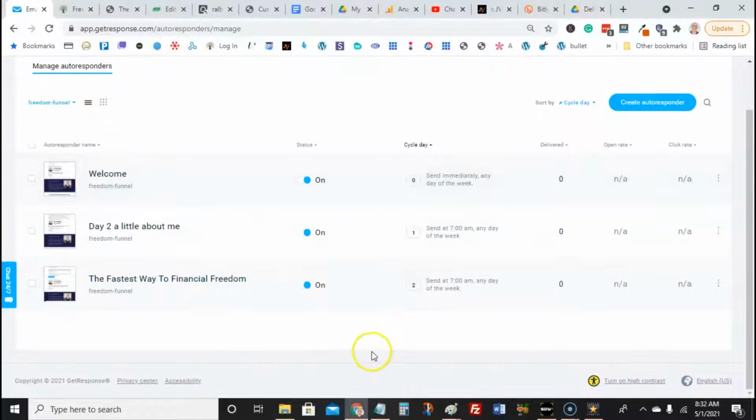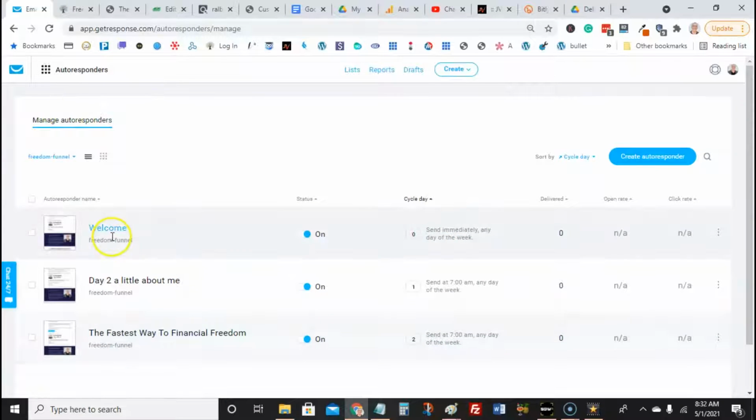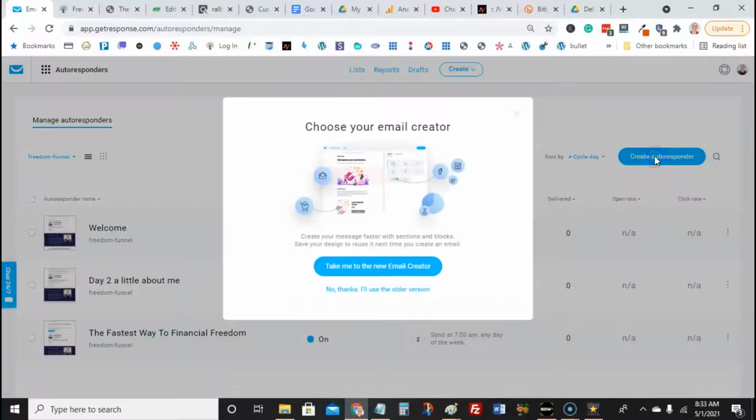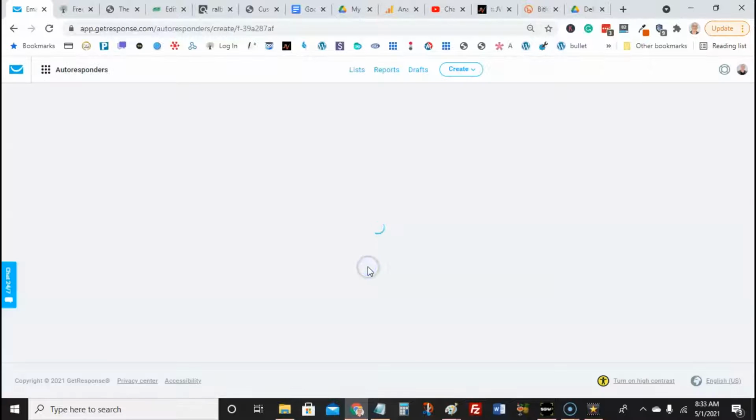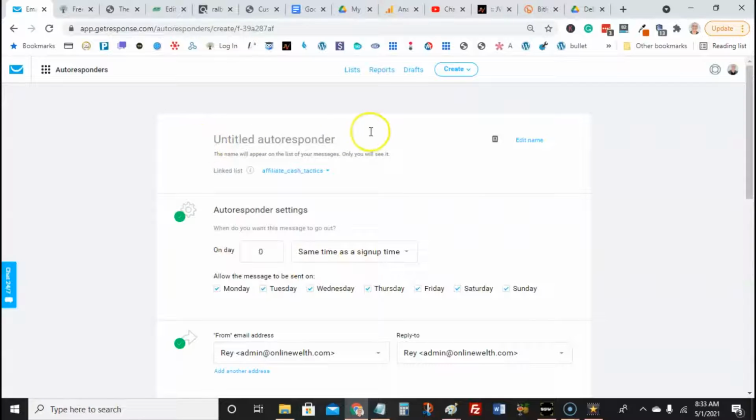Okay, so now here are the 3 emails that I put in the autoresponder. So what you're going to want to do, once you're in your autoresponder, is create an autoresponder. Okay, so this is the first, and when you create an autoresponder, I'll just do one real quick here for you. You want to title that autoresponder. Okay, so if you remember, the first one that you're going to send out is on day 0. It's going to be the first one they get. You can call it a welcome,